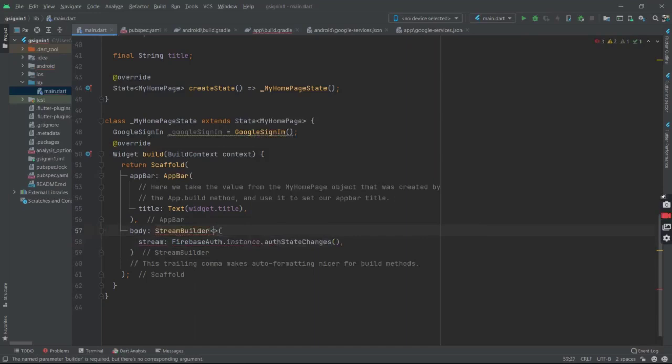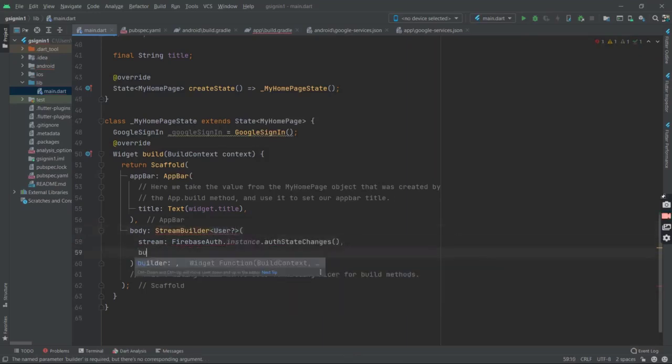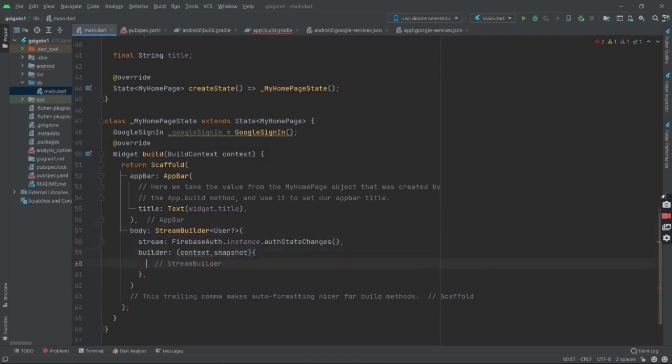First we need to tell what kind of stream we are listening to. So basically we are listening to a user stream, right? Now we also need to provide a builder. So our builder would have a context and a snapshot, and we would return, this return statement is what the StreamBuilder will build.